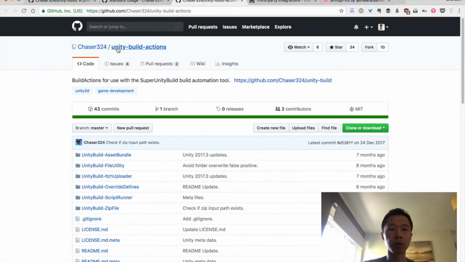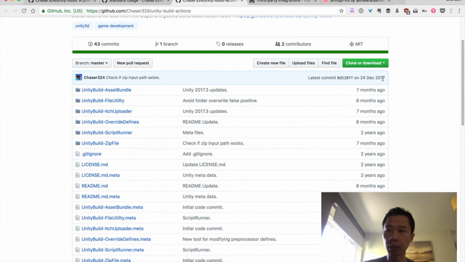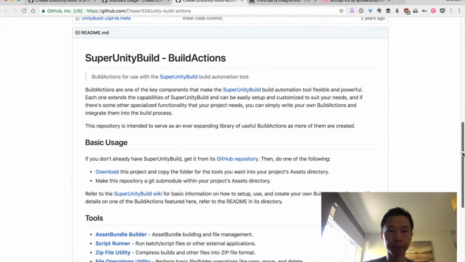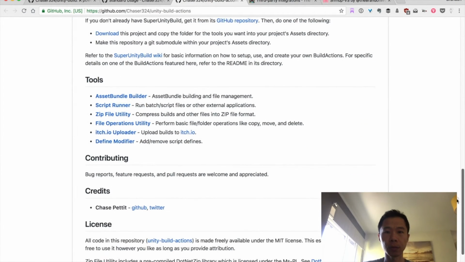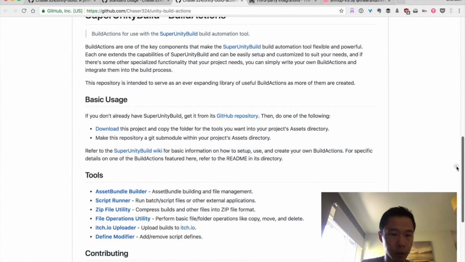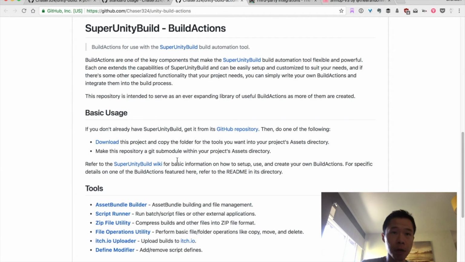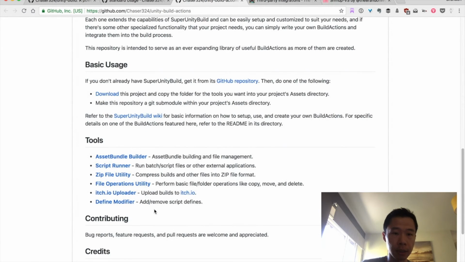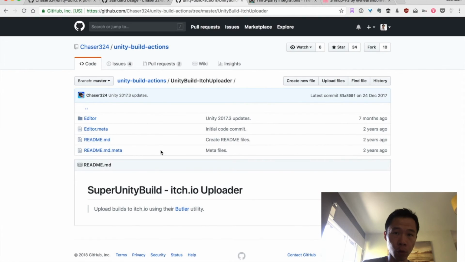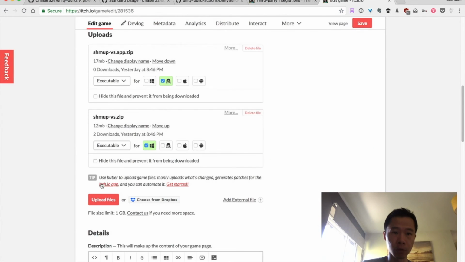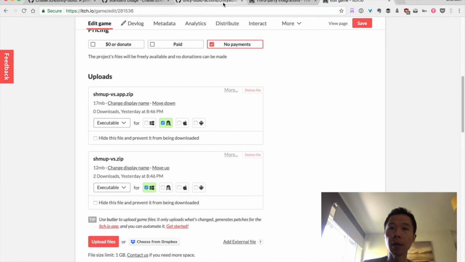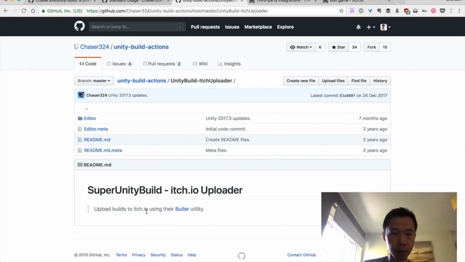Now, if we go to build actions, see what kind of things are available here. So basically these are additional tools you can use on top of the Unity Build asset. Okay, so itch.io uploader. I think this would be great for my game, because what I had to do before was manually upload them from this page. But it looks like if I have this,